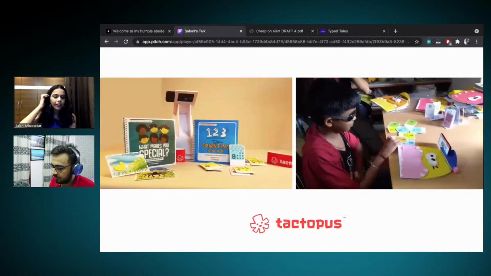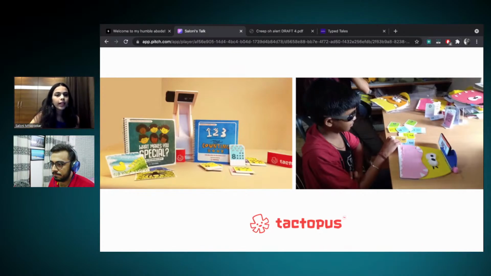So now I cannot talk about my graduation project much, but I worked with Tactopus. They created games for kids with developmental delays, and I worked on the digital product at that point of time. So what I made was a progress tracking app to help parents and educators track the progress of their child. So for kids with developmental delays, it's not a black and white world. There are also gray areas. They take time to progress. So how we would show that was the idea.